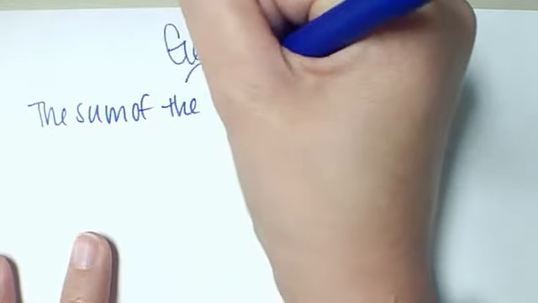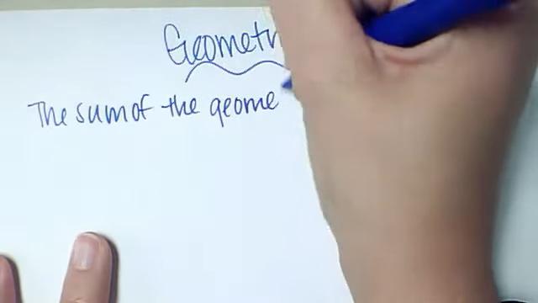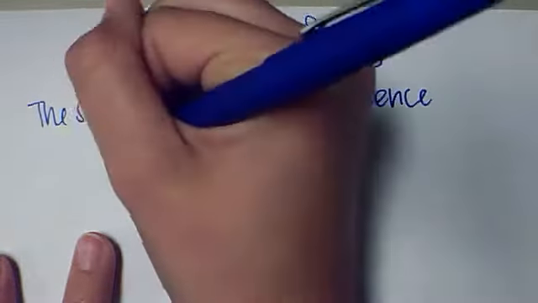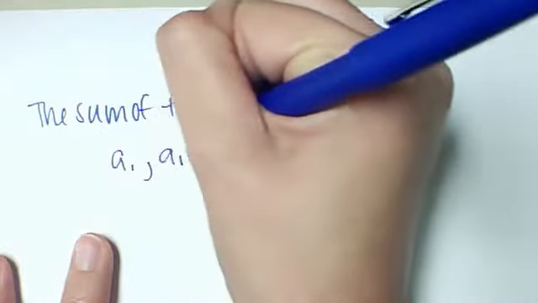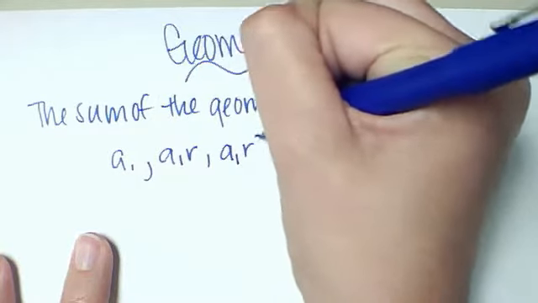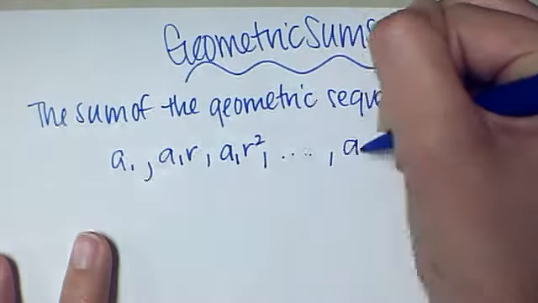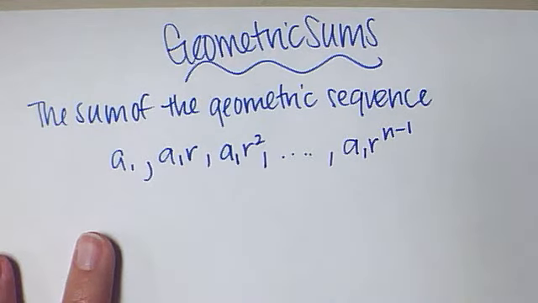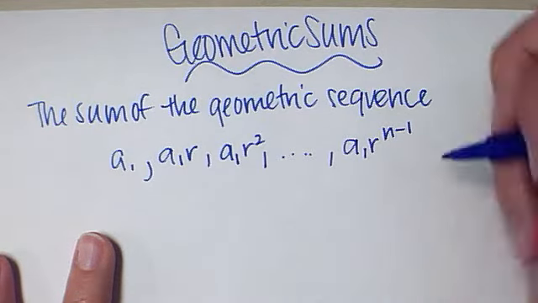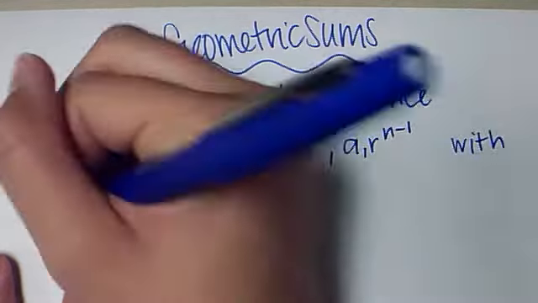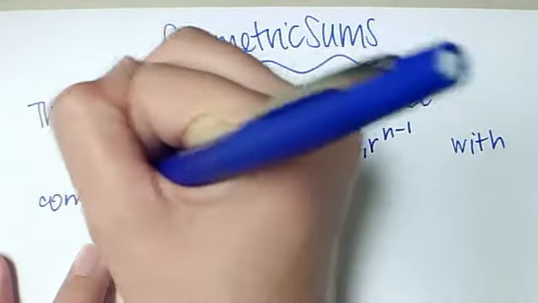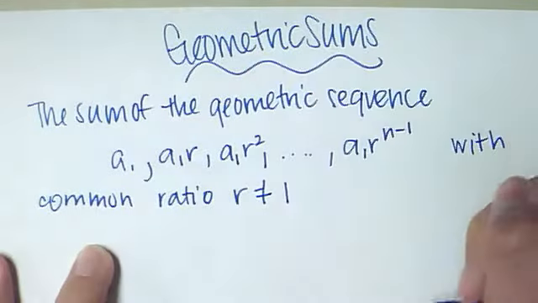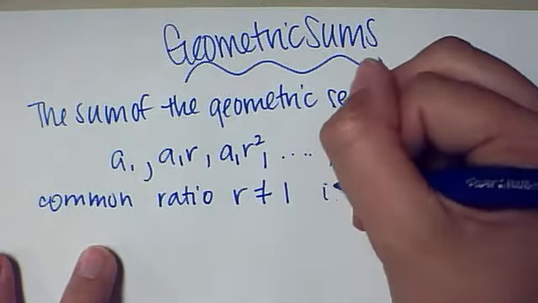of the geometric sequence a sub 1, times a1r, times a1r squared, on and on and on, till I get to a1 times r to the n minus 1. That follows from what we did yesterday. That sequence with common ratio r, which is not equal to 1, is given by